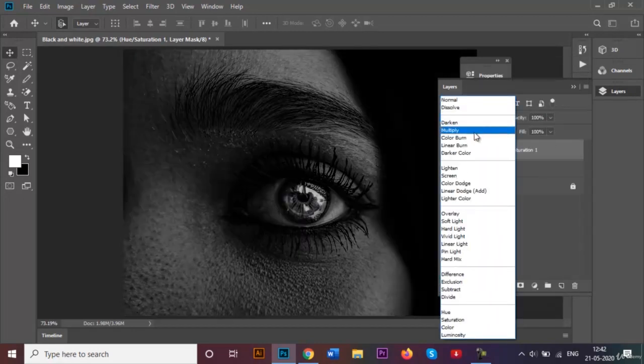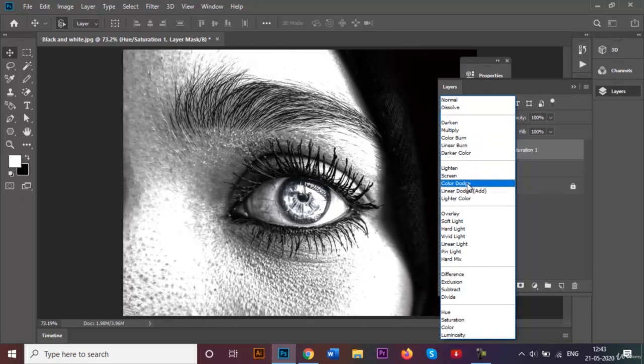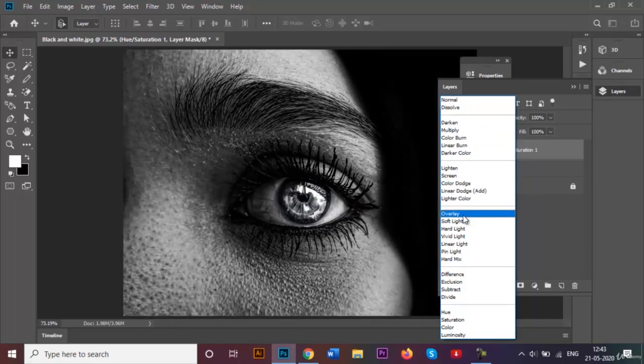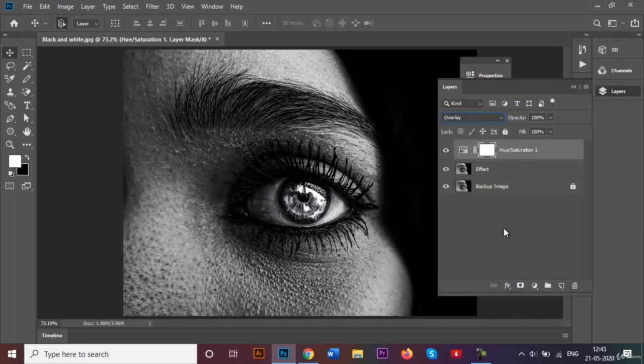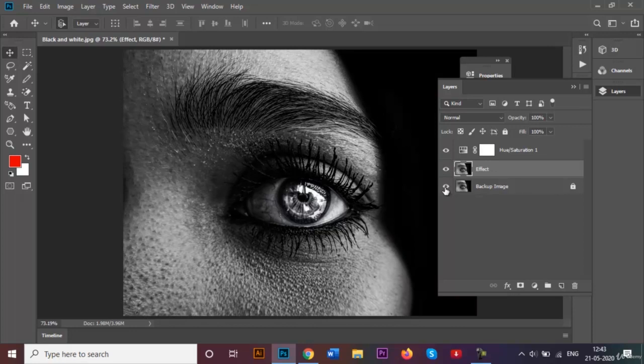I can also play around with the blend modes right here. You can see how the image reacts with each blend mode. I'm liking the overlay one right here. Now I'll show you another effect that you can add on this effect layer. If I hide this layer and also hide the hue and saturation, you can see that this is the original image right here. I'm just going to hide the backup image as of now so that we know that we are currently working on this effect